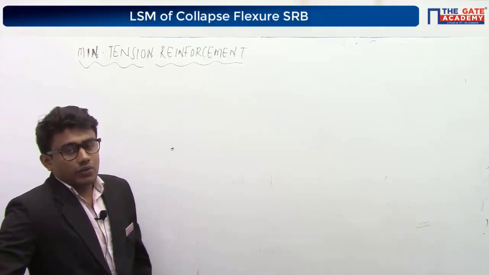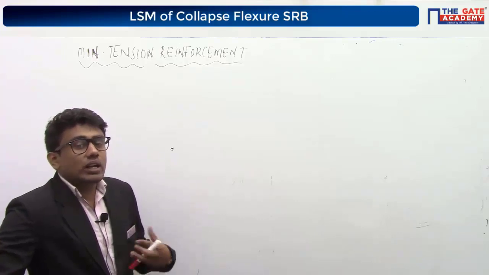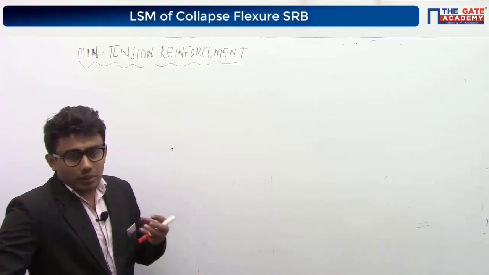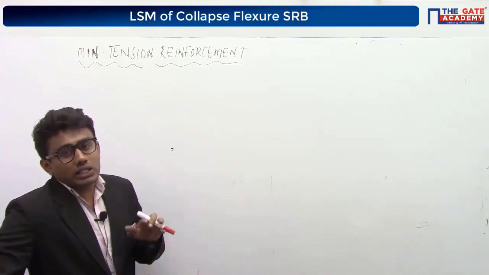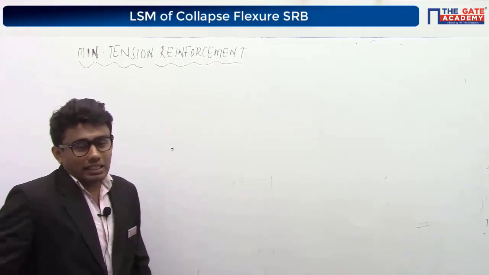abrupt failure. If you are not providing enough reinforcement in the beam, the ductility of the beam will be less, and the nature of failure will be brittle in nature. So the ductility will be reduced. So the IS code is suggesting the use of minimum tension reinforcement in the beam, and that minimum tension